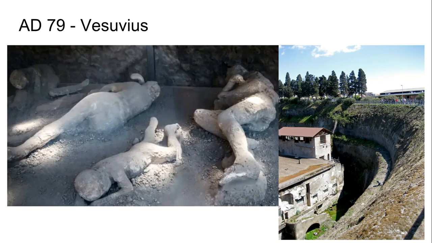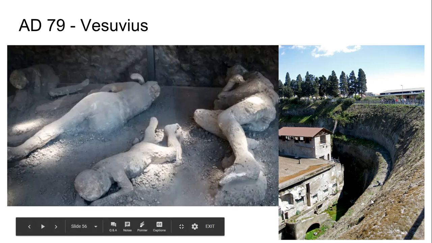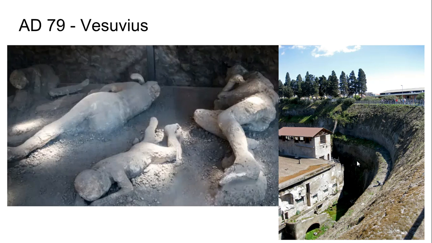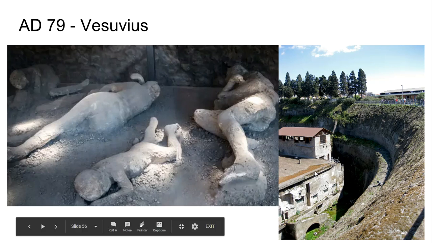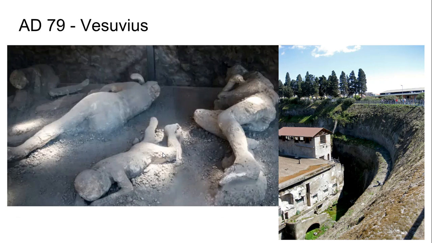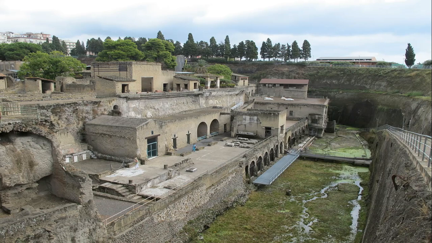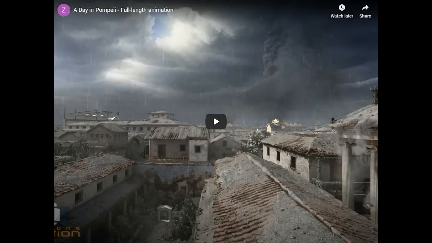Now, one of everybody's favorite volcanoes is Vesuvius because of what happened to Pompeii. And you can see here, this is actually the lava flow that covered Herculaneum on the other side of the mountain. They had to excavate all of that away because Herculaneum was buried by lava. Pompeii was buried by ash and pyroclastic flows. There's a picture of Herculaneum as it is today. And again, this video is a really nice dramatization of what it might have been like that last fateful day in Pompeii.